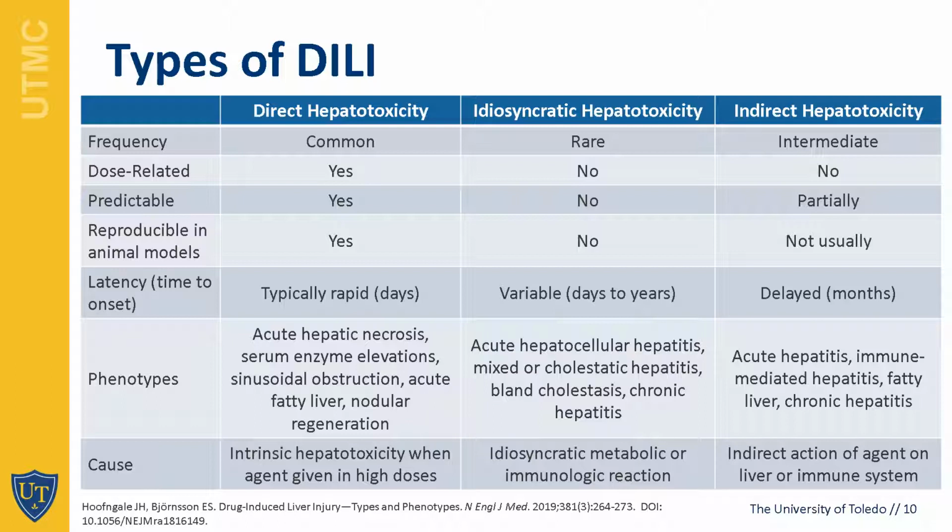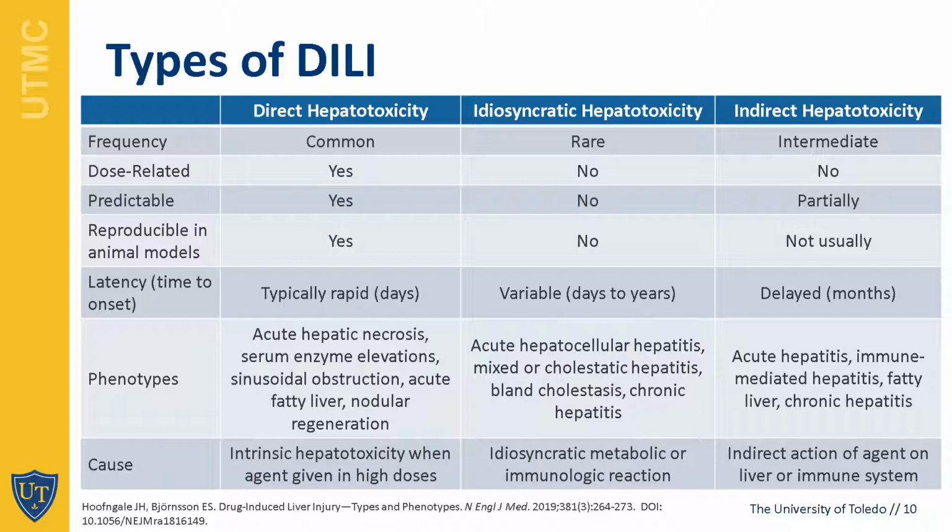So this slide really explains the difference between the three types of drug-induced liver injury. The most common of these is the direct hepatotoxicity. So that one's in the first column there. It's often dose-related, predictable in how it acts. It is also reproducible in animal models. What's really important to note as far as differences between all of these is the time to onset of injury after having the offending agent started. So with direct hepatotoxicity, that's typically rapid. And by rapid, that would be days,